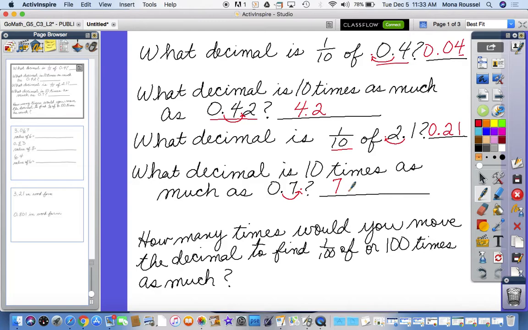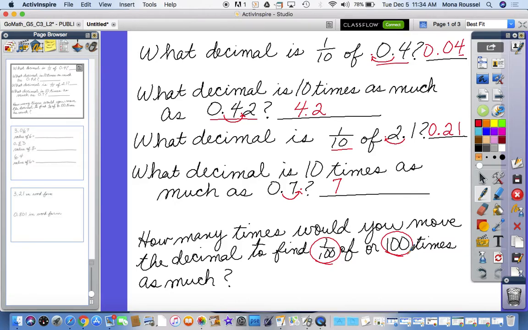To pose a question to you then, if we move the decimal one time because we were taking 1/10 of a number or finding 10 times as much of a number, I want you to think about how many times we would have to move the decimal if we wanted to find 1/100th of a number or 100 times as much. Keeping in mind that our place value system is based on powers of 10 and each place value column increasing or decreasing by tens,